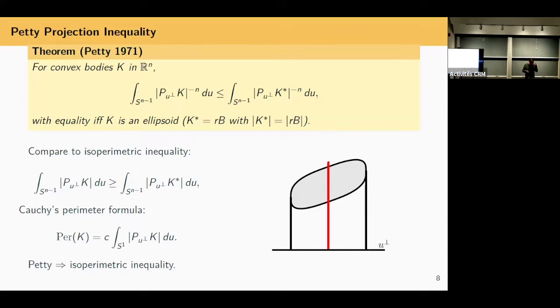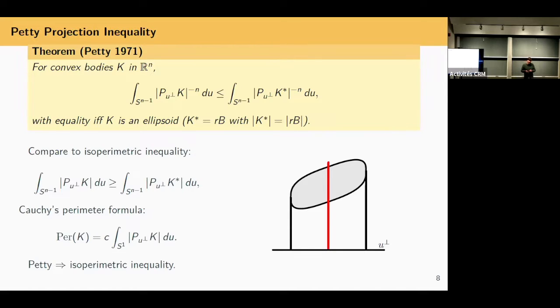What it says is if you take a convex body, you project on a one codimensional subspace, raise this to the power -n, average with respect to the usual invariant measure on the sphere, then this quantity is always maximized on balls of the same volume as the body you started with. So if you want to maximize this projection average, you can't do any better than balls, and even better, this has some extra invariance. The equality is achieved for ellipsoids.